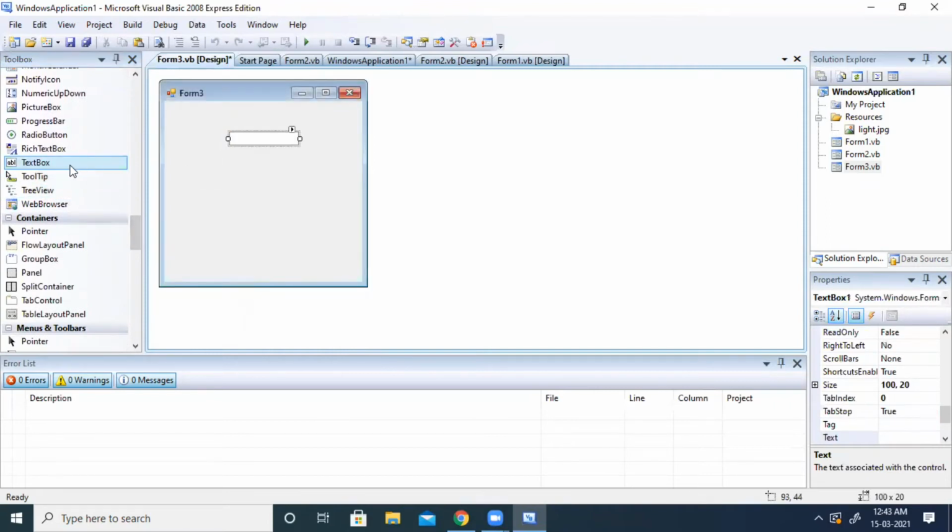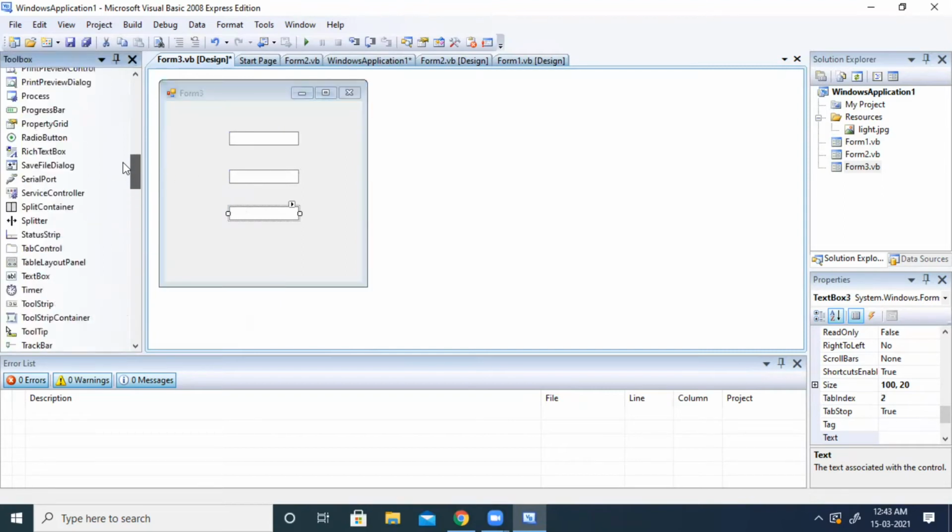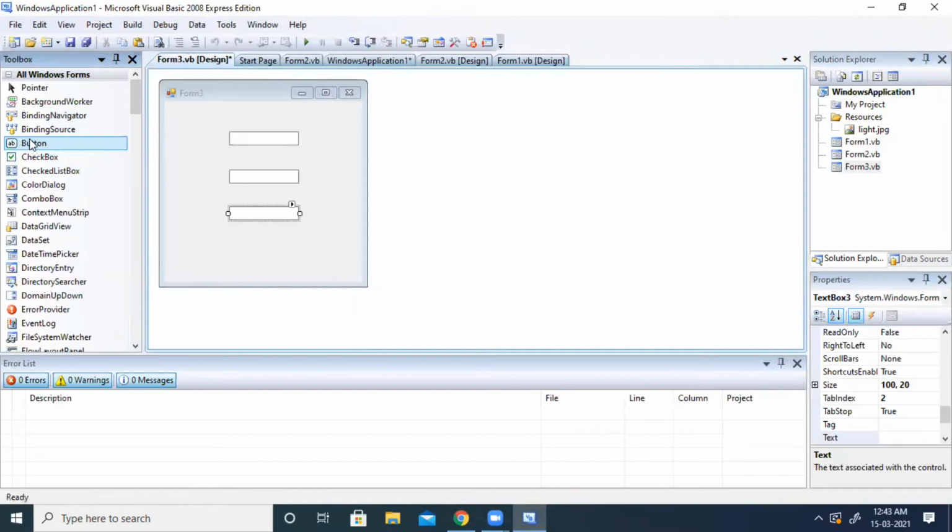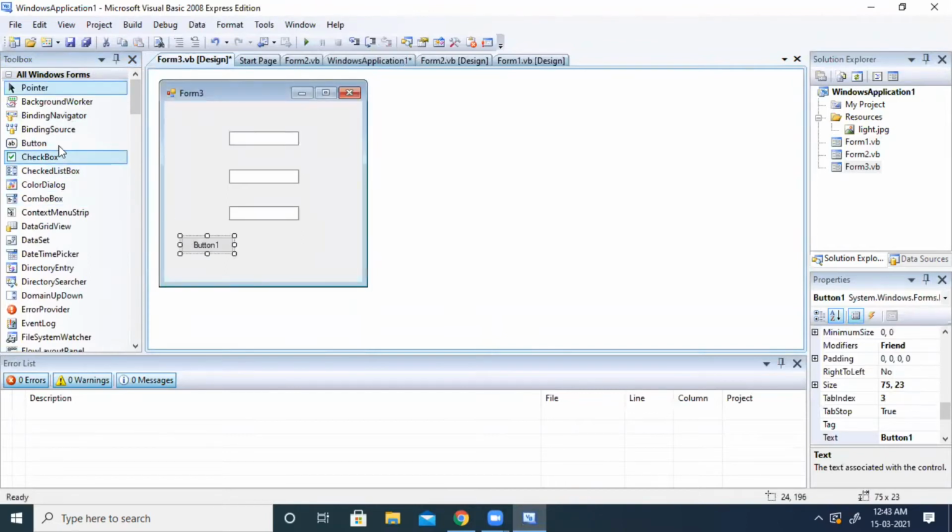Text box 1, text box 2, text box 3. Also I am taking 2 buttons. Okay, now let us do the program.